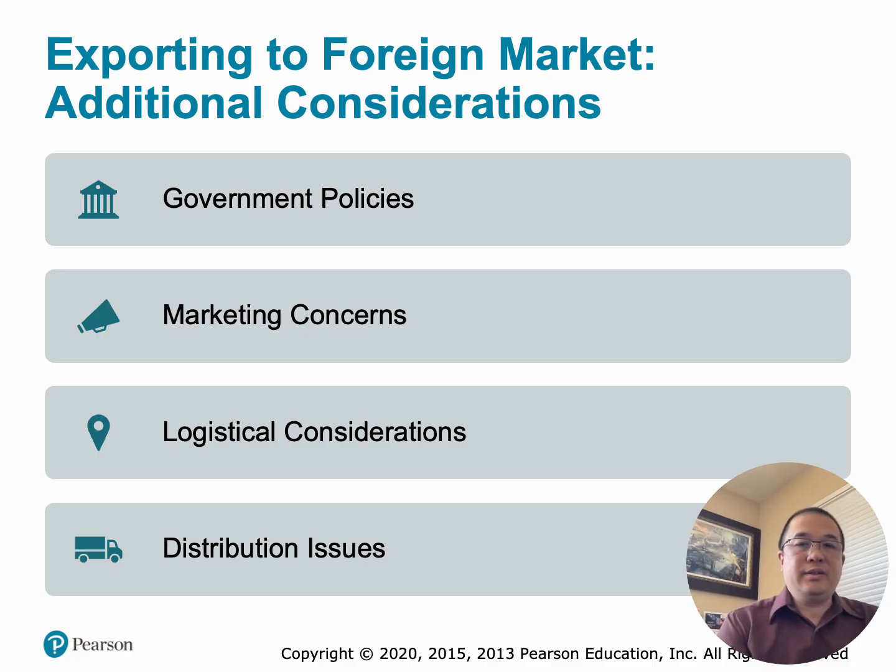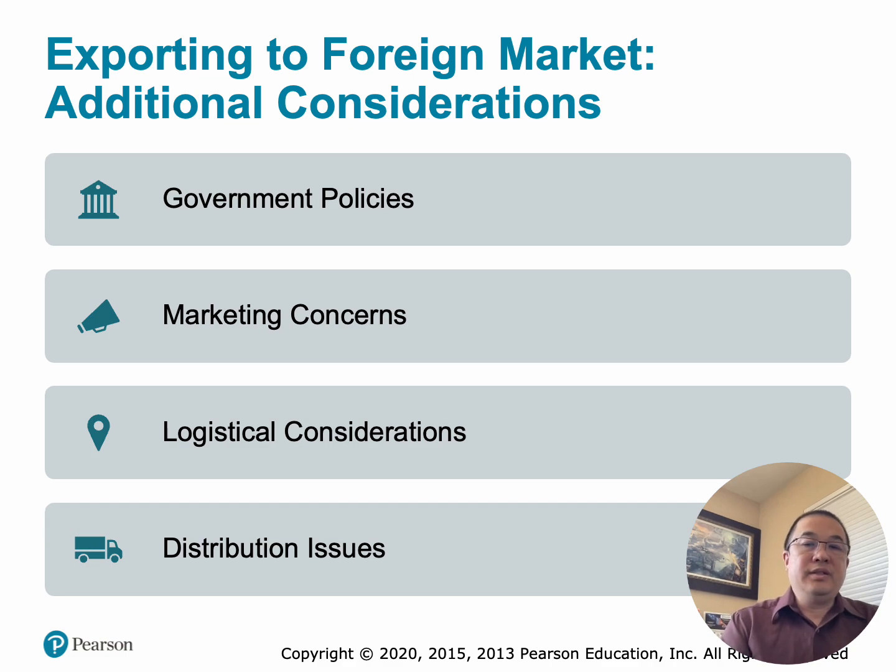Number two, marketing concerns. Consumer preferences often differ across countries. Important considerations would be language differences, cultural preferences, buying habits, brand perception, pricing expectations, and advertising effectiveness. As an example, a fast food company may need different menu items in India, Japan, or Mexico to match local tastes. So the question for managers would be, will customers in this country want our product, and how should we market it?